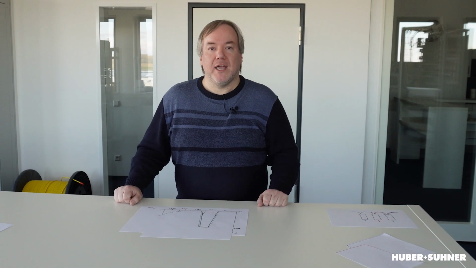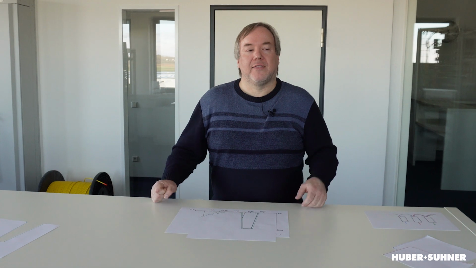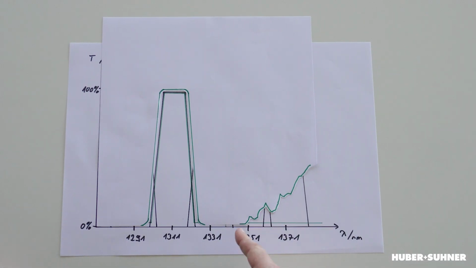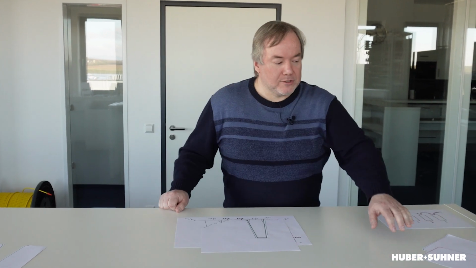Such a passband filter, it's more or less impossible to design in a way that all the wavelengths higher than the target wavelength and lower than the target wavelength are all reflected up to infinity and down to whatever it is. So a real filter gets a little bit open if you go to, for example, higher wavelengths. And this would be a problem isolation-wise in your system. And that's the reason why you can combine two filters.